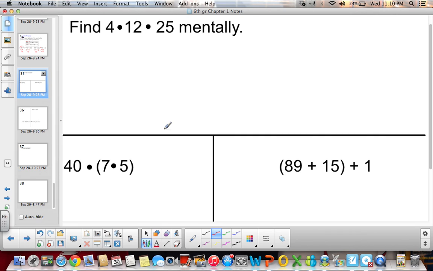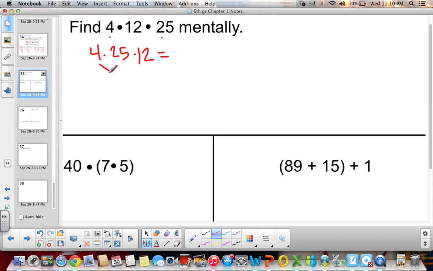Okay, so we can also use our properties to help us solve expressions in a little bit of an easier way. So we can look at 4 times 12 times 25. It's hard definitely in our head to think, well, what's 4 times 12, and then whatever number that is, take it times 25. But we know that 4 times 25 is a nice even 100, right? So using our commutative property and putting them in a different order, 4 times 25 times 12 would equal, so